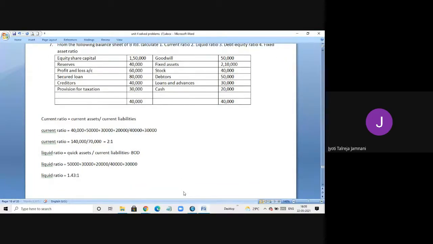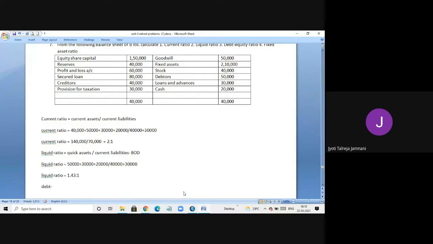This is the liquid ratio formula. Remember, when we do ratio analysis, it's very, very important to remember the formulas. If you don't know the formulas, you'll not be able to put in the information and get the answers. And for formulas also, you have marks. So if they're asking 5 ratios for 10 marks, 1 mark is for formula and maybe 1 mark is for your answer. Like that, 2 marks per question. So even if you have written the ratio formula correctly, that will carry marks.